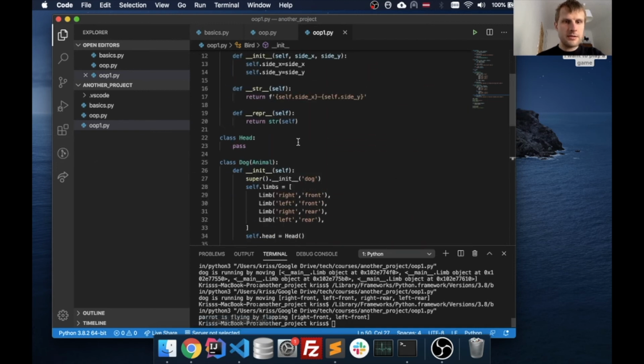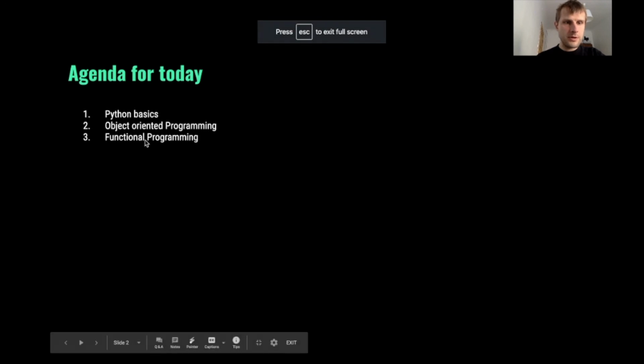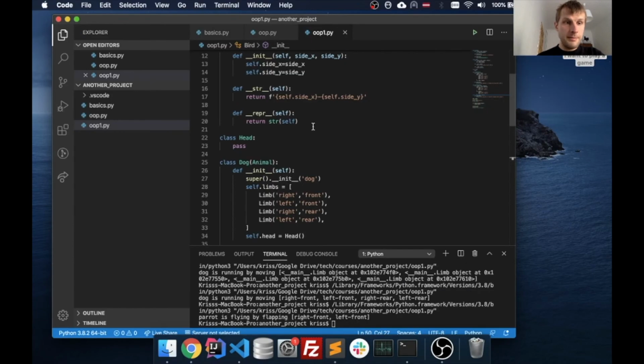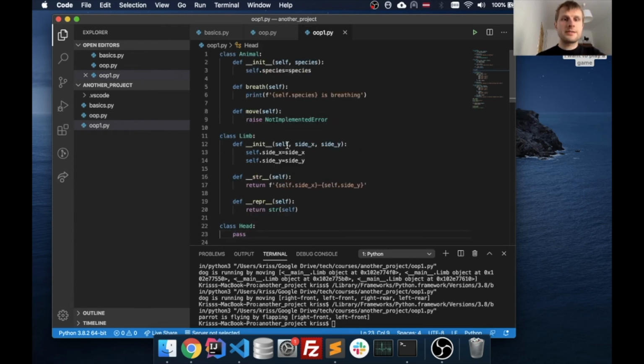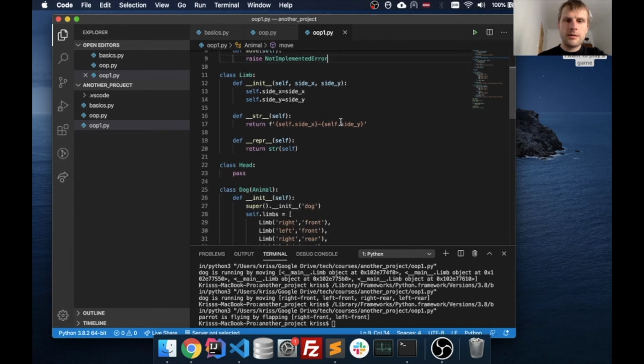Okay, so this is sort of the basics of object-oriented programming. I was hoping to talk about functional programming as well a bit. Functional programming is also a very powerful tool, and it's actually as old as object-oriented programming, but it wasn't so popular. But during the time when more and more parallel processes became available, and more cores for the computers,